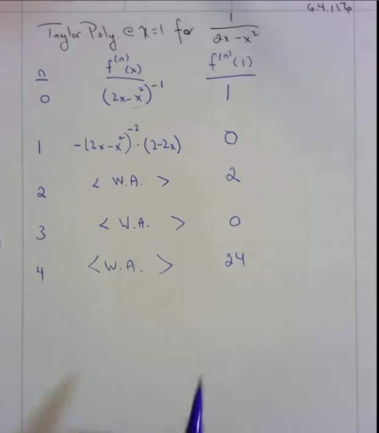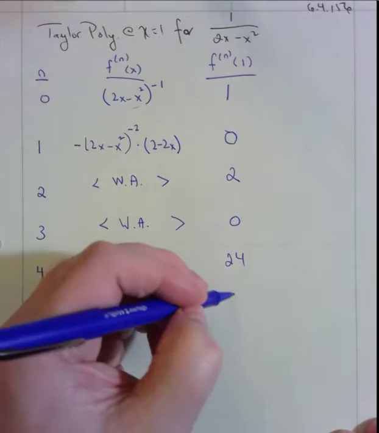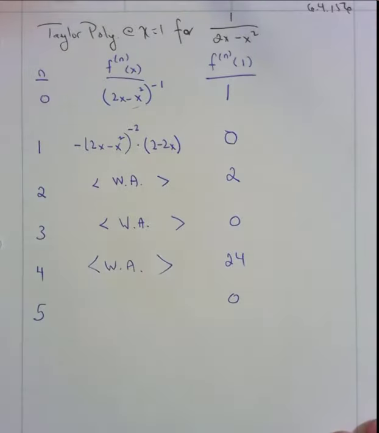So back to our screen, I've put in a 24 in that spot. Okay, I'm going to take a crazy guess. Since the first derivative and the third derivative generate coefficients of 0, I'm just going to take a crazy guess that we will get 0 in that spot. So the next derivative, because I've got 1, I got 2, I got 24, I'm not really seeing the overt pattern there. However, if I start thinking about factorials,